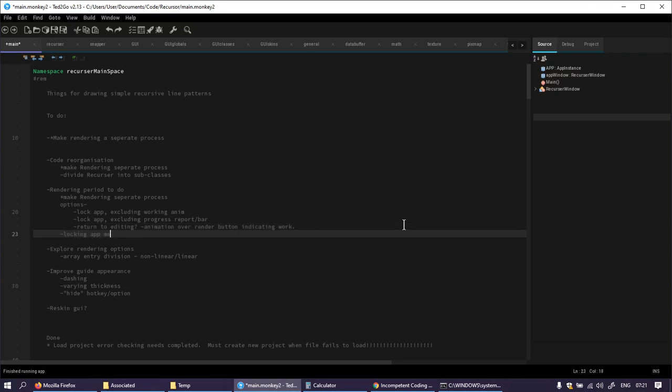Locking the app means lowering the refresh and restricting the viewport. So maybe only calling update on the window, I don't know, once a second. Only redrawing a tiny section of the viewport in the center, maybe wherever I've elected, because I could just place a gadget on the screen which appears to be a window,